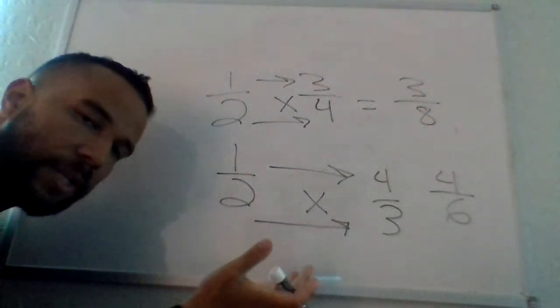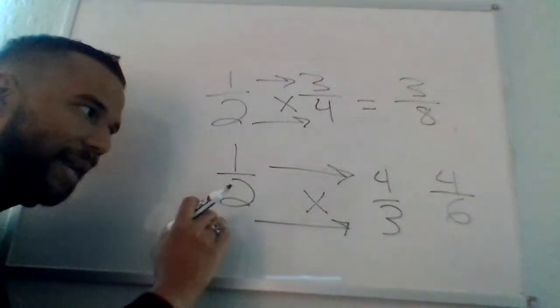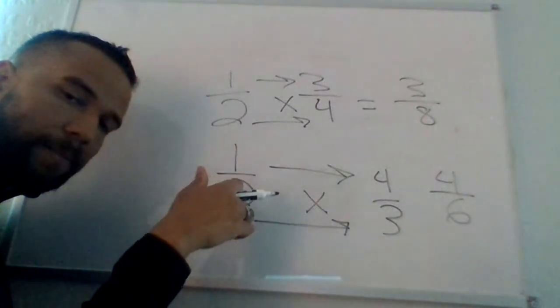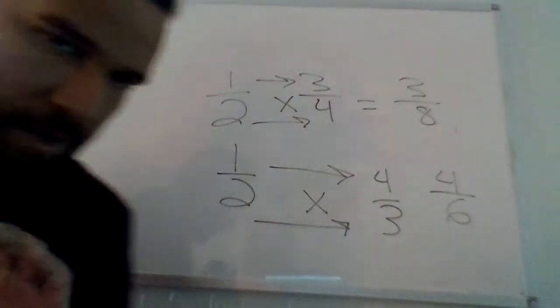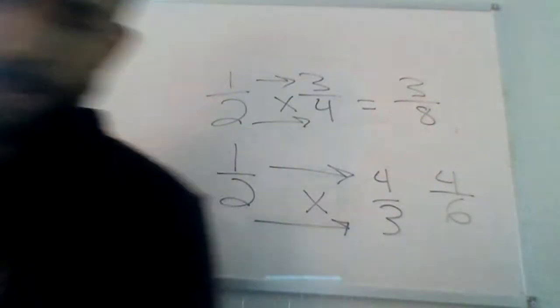So that is called using the reciprocal. I'm just flipping the fraction. All right. And that allows me then to take it from a division problem to a multiplication problem, but still get the right answer. This is all the tools we're going to need before we start getting into the equations. Any questions?